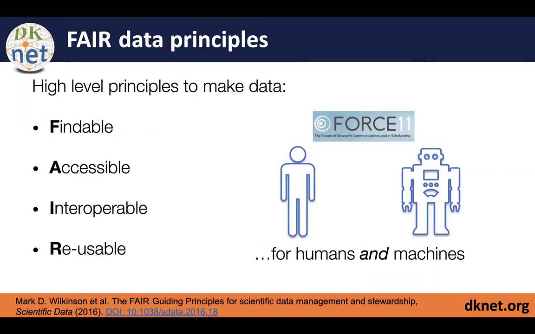As I mentioned, the FAIR data principles are these four high-level principles, to ensure that, once you publish a resource, other users can actually find it, that the data is available, and that users are able to access it in a usable form. And then if people want to take data from different repositories, they can actually use that data with other data, do new analyses, do larger scale analyses. And this is not just for humans, but also machines.